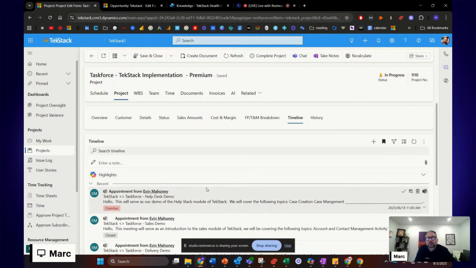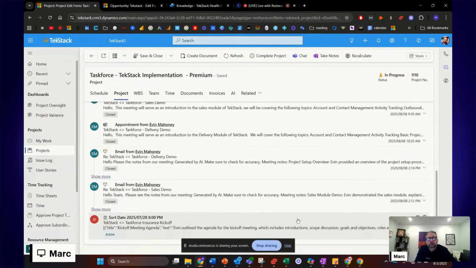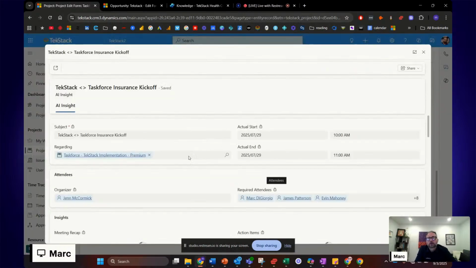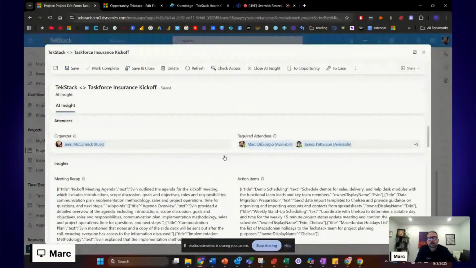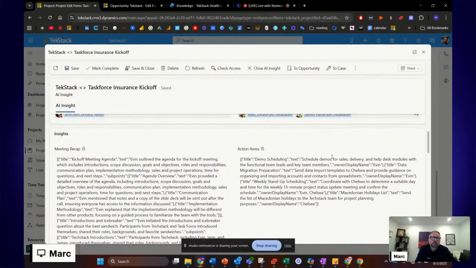you can see all of the emails that go back and forth for this project, but you see that this meeting has created its own activity in the timeline. So here is information about the meeting. You're just seeing the JSON here. We updated this to be rich text, so it's bulleted the way you would expect,